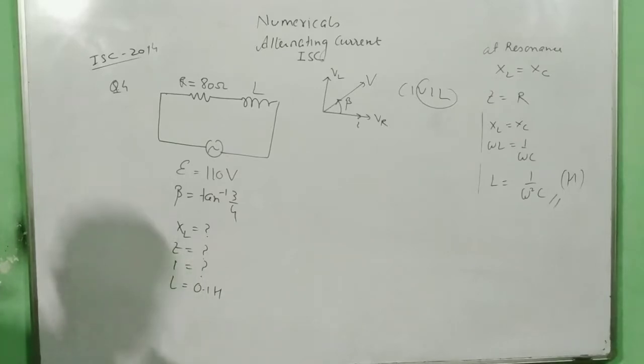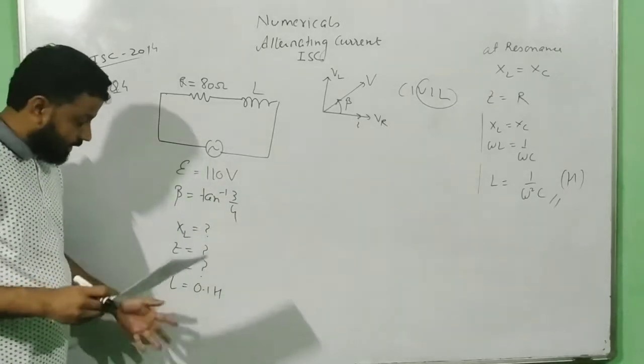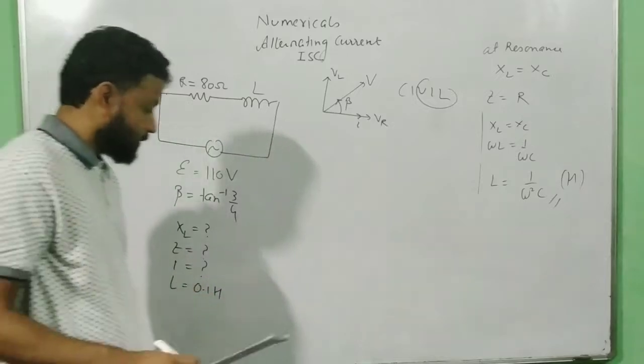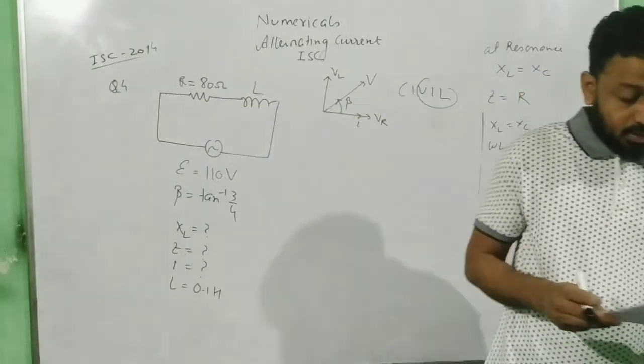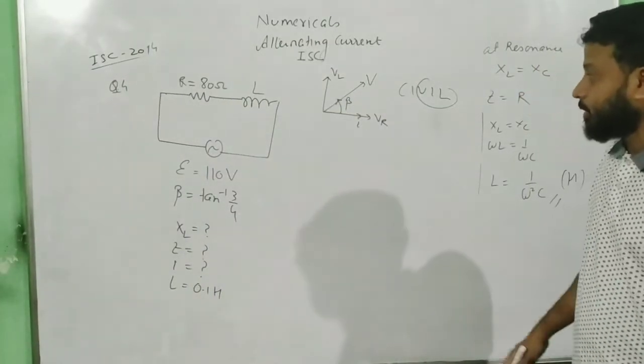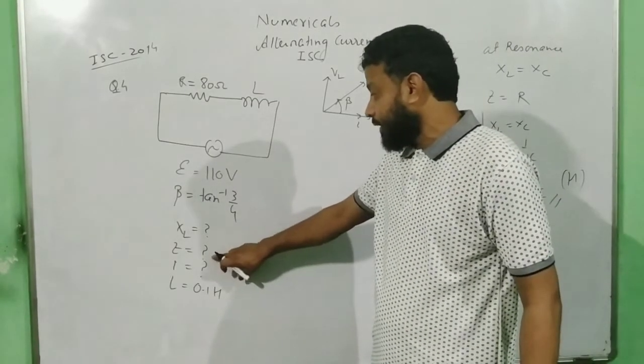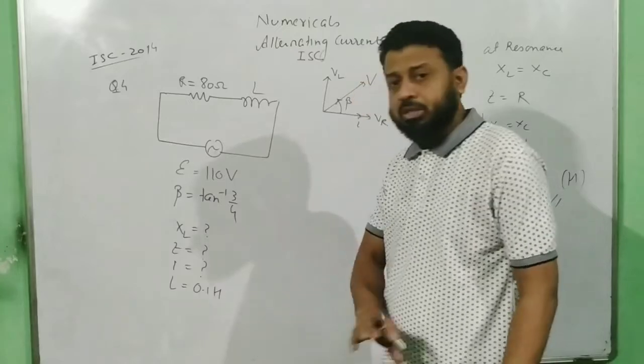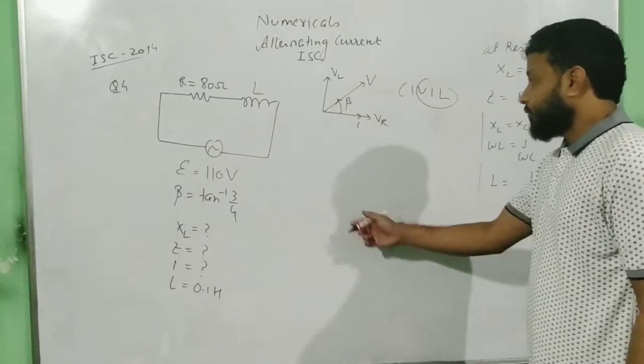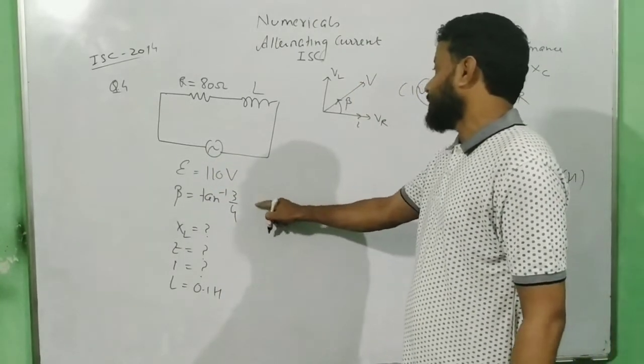I don't know exactly, because there's some misprint over here. So let us take that the value of L is 0.1 Henry and then we will see the final answer. The procedure will remain the same, no difference. How to start? Once you get this, you get this. Once you get this, you get this. Right away, all are linked. So the first thing is to use this data very carefully.